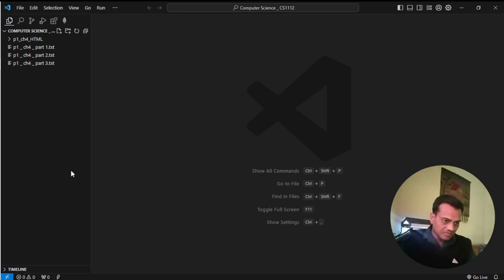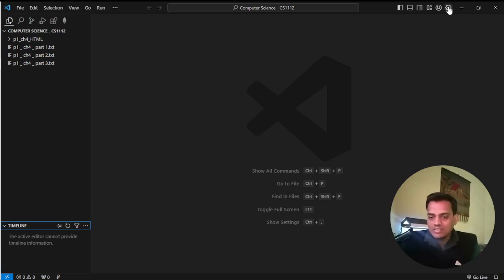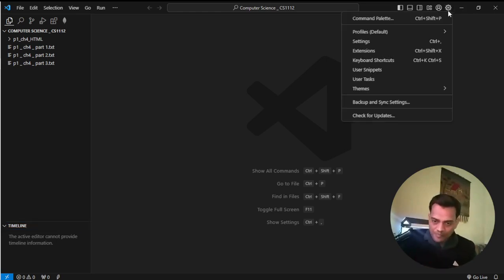I think there is an icon. Yes, there is an icon, the Manage icon. This gear icon is there. Somewhere here you will find this gear icon. Maybe the outline or the layout of this particular dashboard is different. So go to the Manage icon, click here and go to Settings,